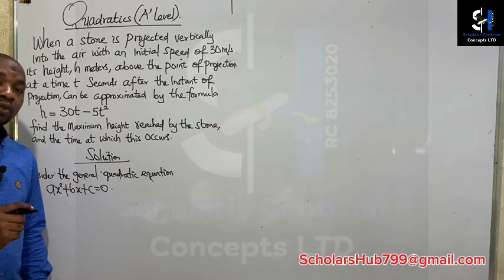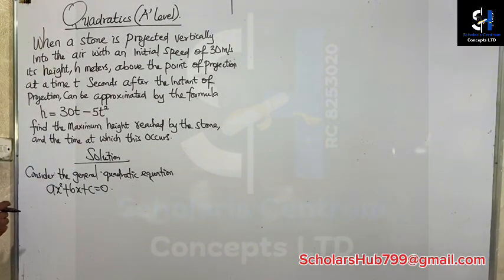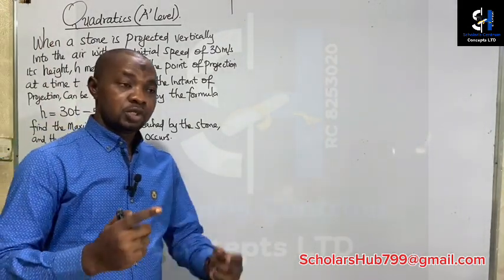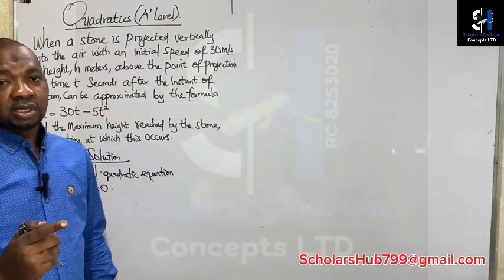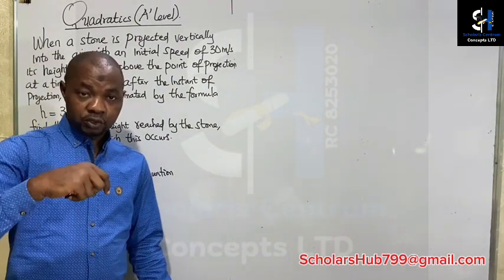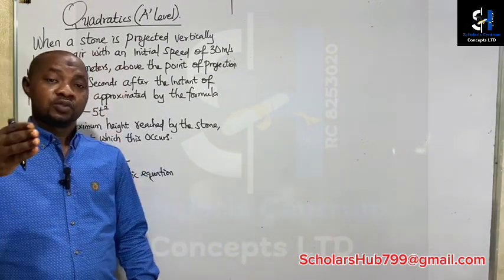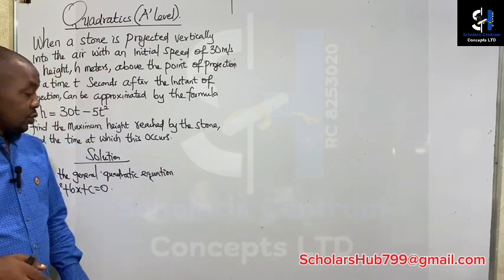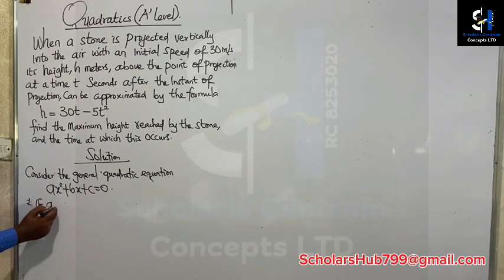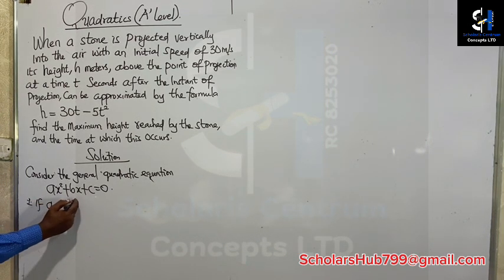Now, we need to note this point. For the parabola of a quadratic function to be U-shaped, the vertex of the function will be where the function reaches the minimum. Number one, if a is greater than 0,